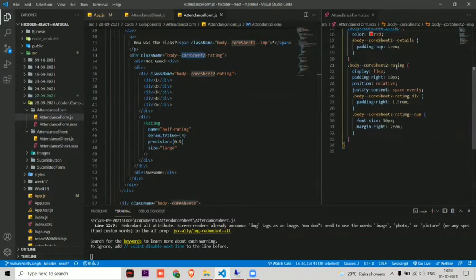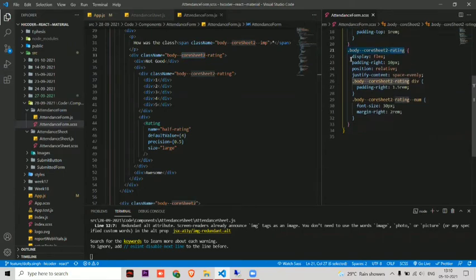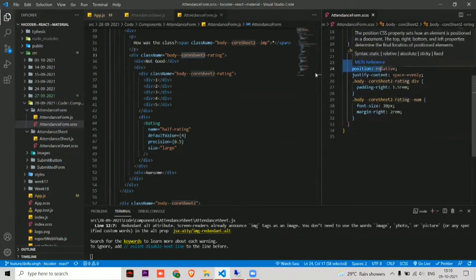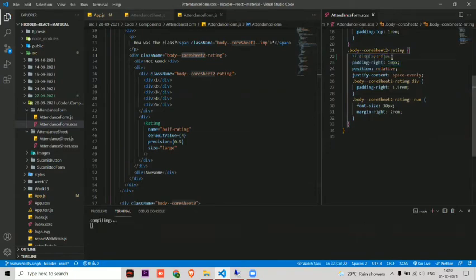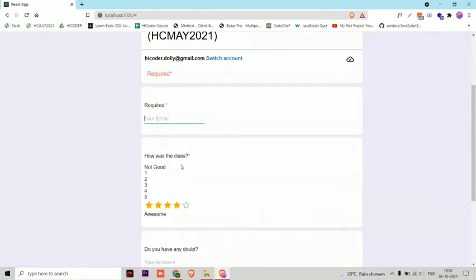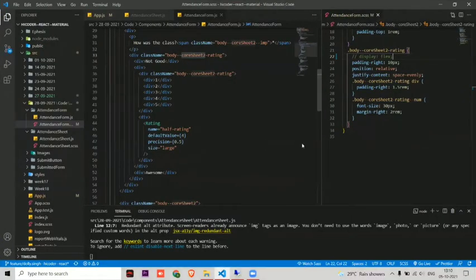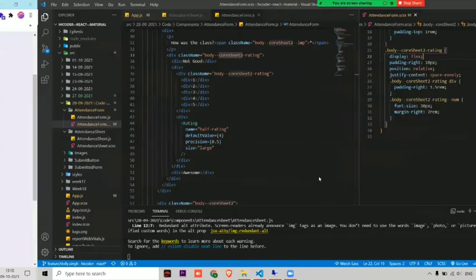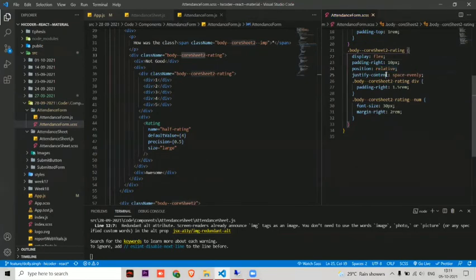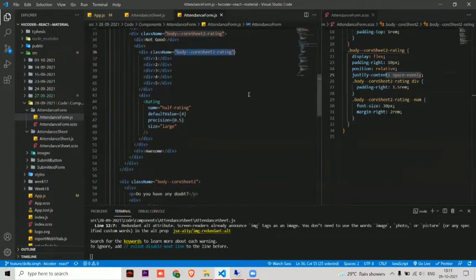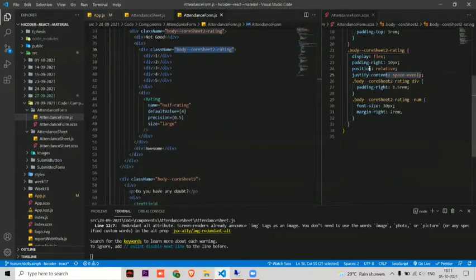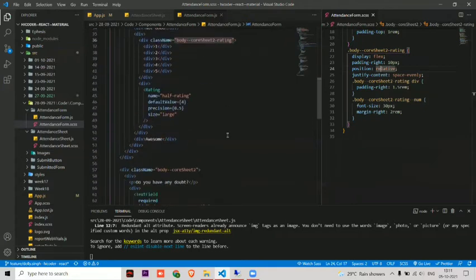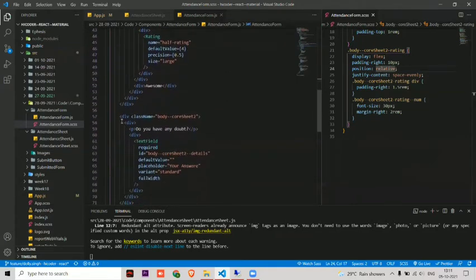So here again it started for rating, and here you can see I have used display flex to flex the things, and if I do not use this, then see how it will look. It's showing in a column. So for getting it in a row, I have used display flex. Position, justify content, and again let's come down to this. Okay, so for that I have again used something, and here I have done some CSS. Okay, now let's come down and see.